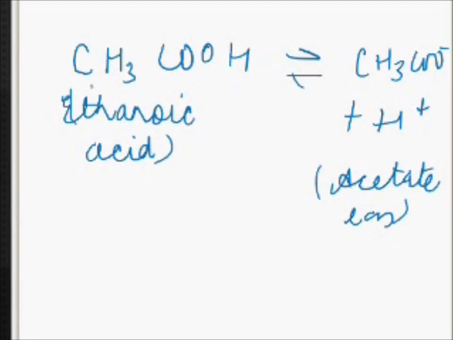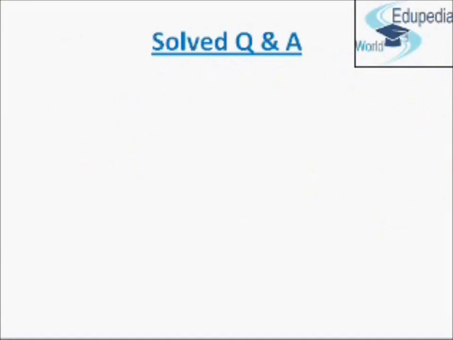So the basicity of an acid does not depend upon the number of hydrogen atoms present in one molecule of the acid, and it depends only upon the number of ionizable hydrogen atoms produced by the acid in solution. Now we will discuss some solved questions related to this topic. Our first question, question number 1, says,